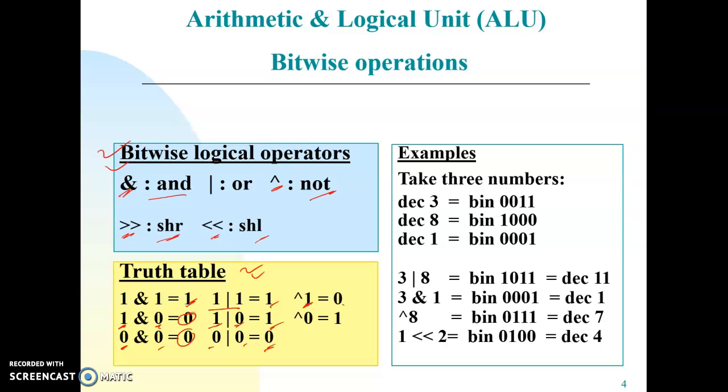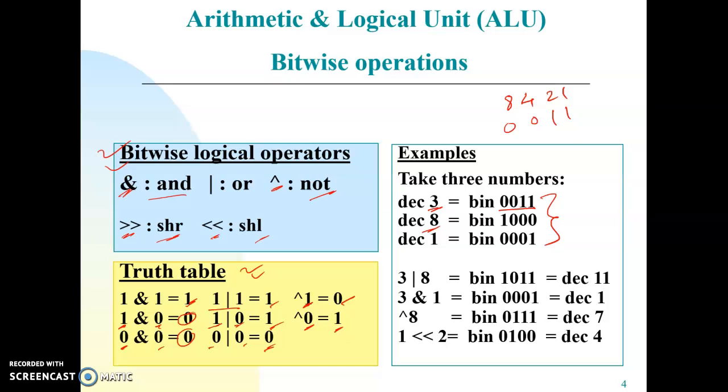If 1, then 0 in case of NOT operator. If 0, then we will get 1. Here some decimal numbers are given which are converted in the form of binary numbers, like this is 3 and 4-bit representation is used, that is 8421. So this will be 3, so 1 and 1, 2 plus 1 will be 3 and the rest all bits will be 0. So we will get 0011.